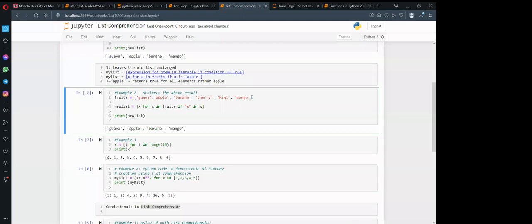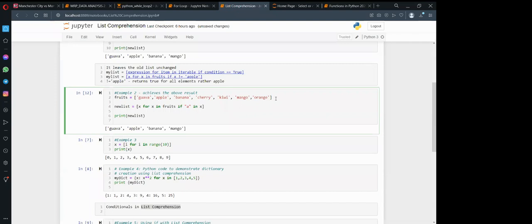So let's say we introduce another fruit which has an A in it. Pineapple. Not orange, orange will not have an A. Oh, pineapple. Oh, even orange.